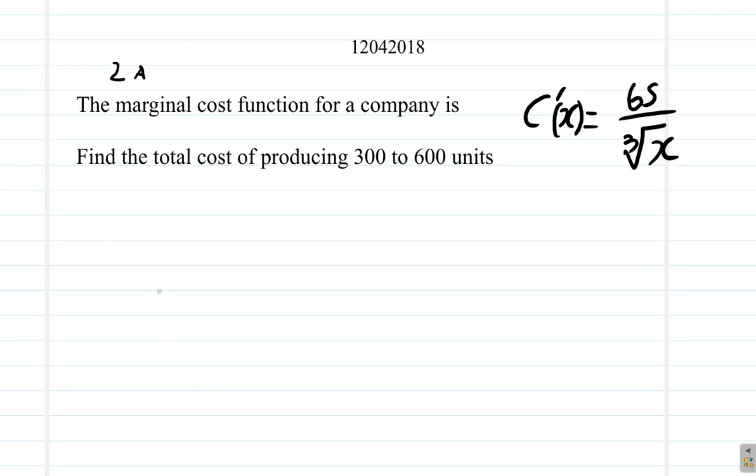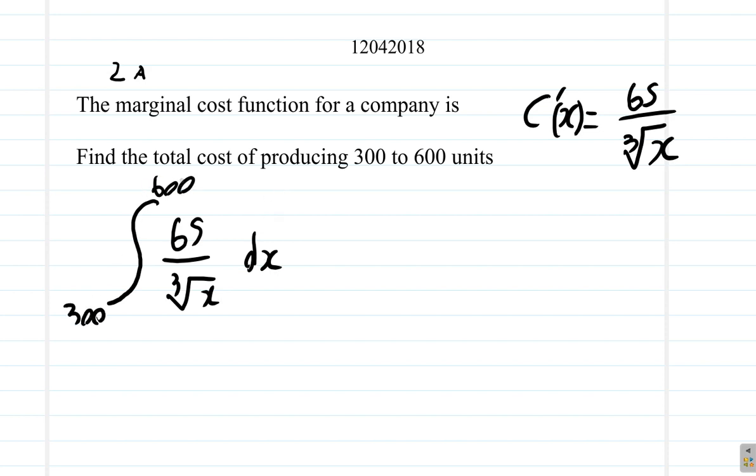So you're finding the integral of 65 over the cube root of x. And it is a definite integral. It's with respect to x. You're going from 300 to 600. Okay? So,